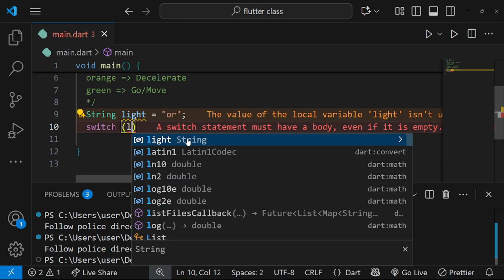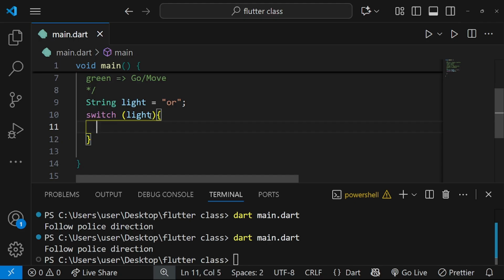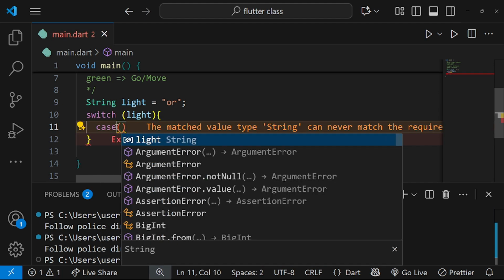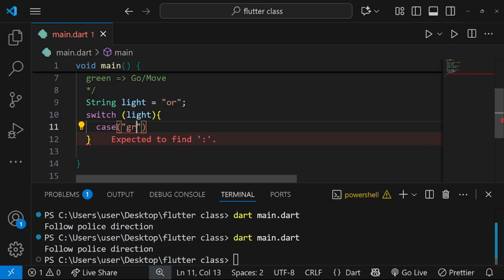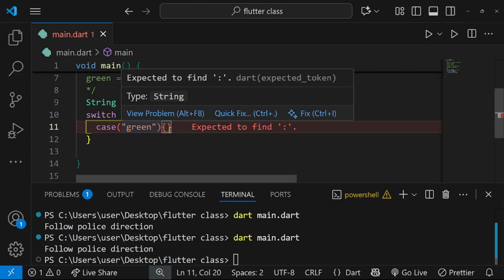You put it on, the switch is going to watch this value, the light value. So the switch is going to be on the light, because this is the light value that will be changing. Okay, so we are going to say that in case the light is actually green, in case it is green, we are going to print